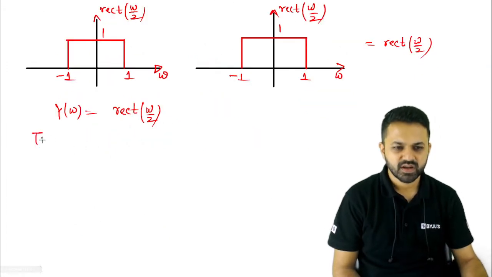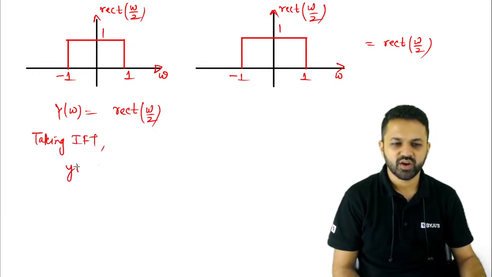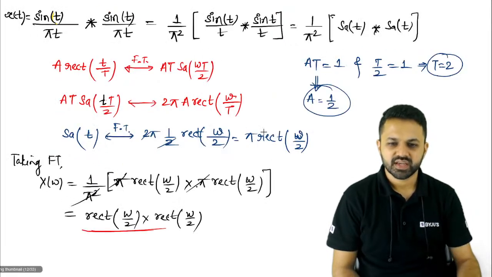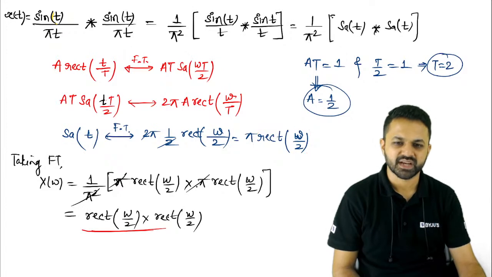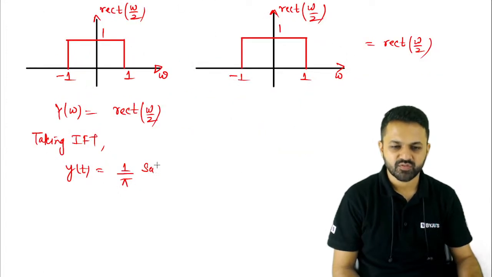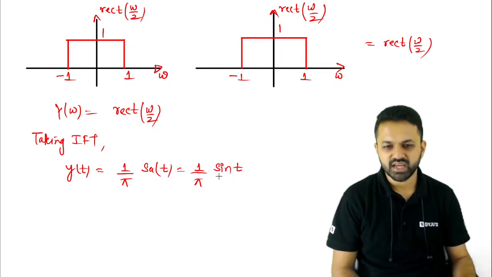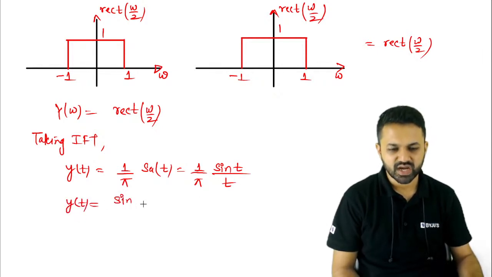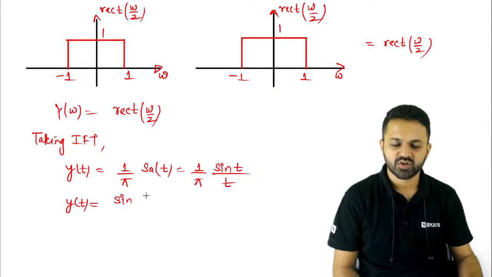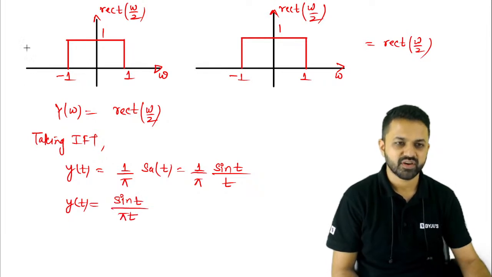अब रेक्टेंगुलर ऑफ ω बाई 2 का इनवर्स फोरियर ट्रांसफॉर्म, टेकिंग इनवर्स फोरियर ट्रांसफॉर्म y ऑफ t कितना हो जाएगा, 1/π सैम्पलिंग t, है ना, यहां से निकाल लो। ये देखो ये रेक्टेंगुलर ω बाई 2 का इनवर्स फोरियर ट्रांसफॉर्म 1/π सैम्पलिंग ऑफ t, और 1/π सैम्पलिंग को क्या लिख सकते हैं, sin(πt) अपॉन πt। तो हमारा फाइनल आंसर कितना हो जाएगा y(t) का, ट्रायंगुलर नहीं होगा, है ना, यहाँ पे कन्वॉल्व नहीं हो रहा है, जो ट्रायंगुलर होगा जब दो रेक्टेंगुलर कन्वॉल्व होते हैं। यहां मल्टीप्लाई हो रहे हैं, तो sin(πt) अपॉन πt, दैट विल बी अवर आंसर।